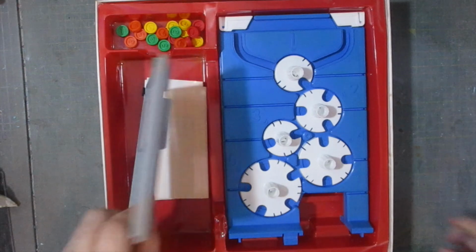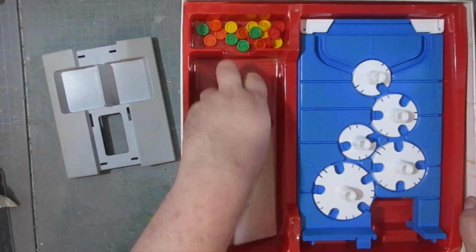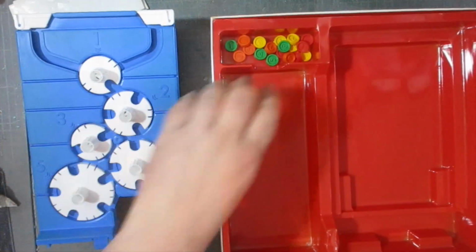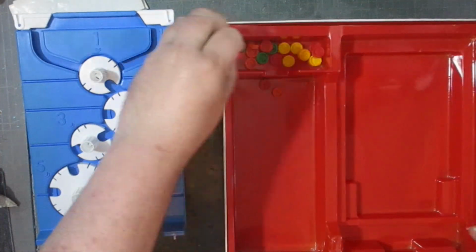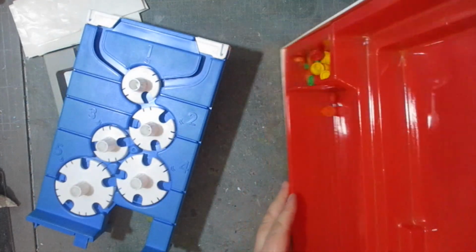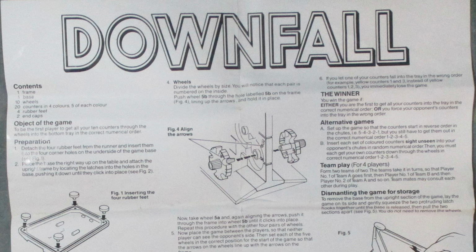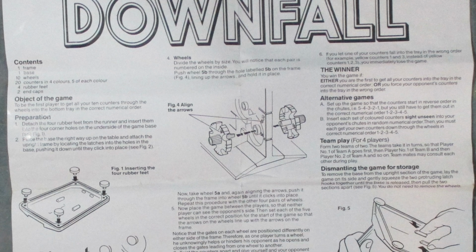This is already mostly assembled, but you have the base, the game board, the instructions and the counters. I don't know why I'm using my fingers. There's a much easier way to get these out of the box. Right, let's take a quick look at the instructions. This tells you how to assemble the whole thing when it's brand new, but thankfully we don't have to do